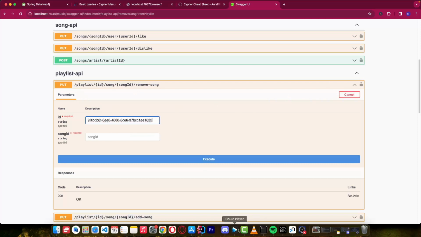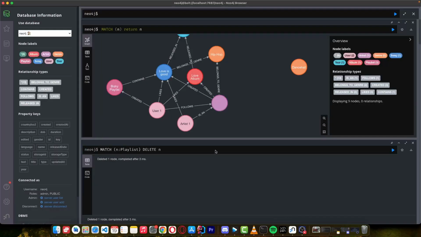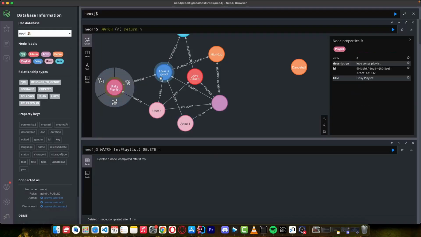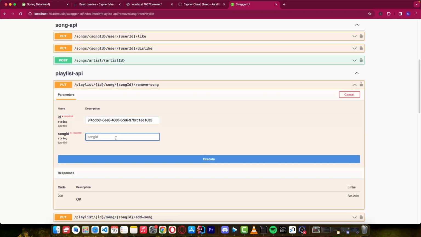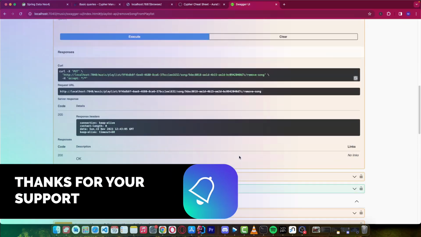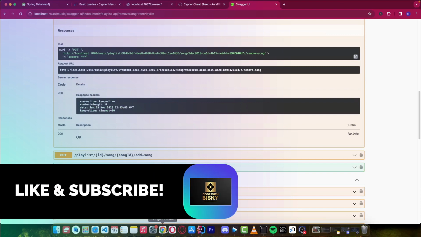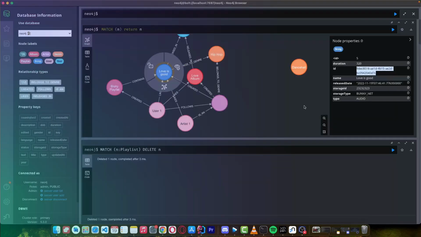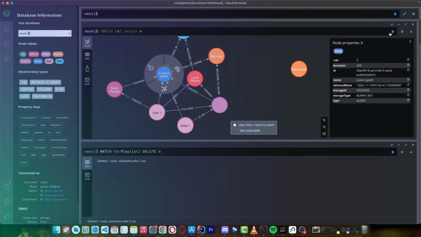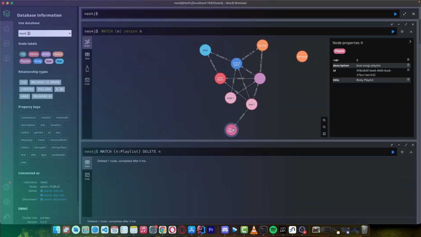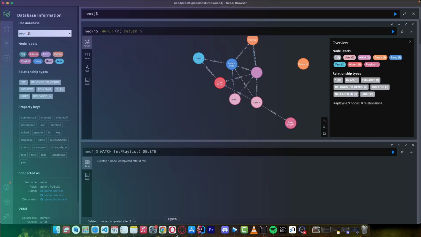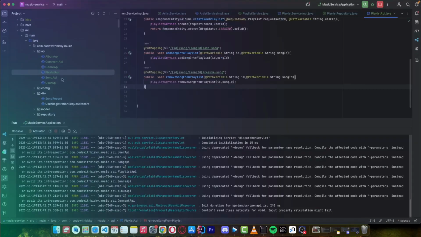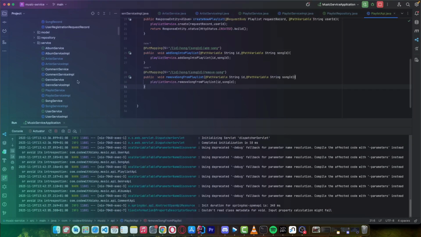This is the ID, and if you come here, we have this song. Let's remove it from the playlist and come back to this, and we can paste it here, and I can execute, and it's 200. If I come and execute this, we can see the playlist will no longer contain anything. So you can see the playlist is now empty. It does not contain any song. So that's okay from here. Did we miss any